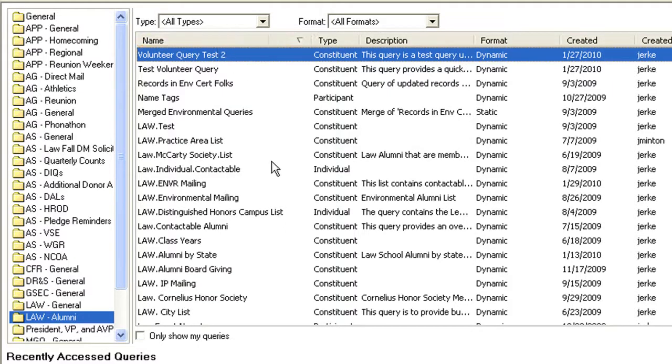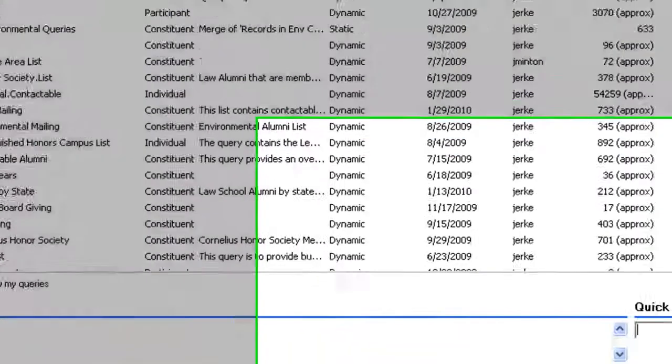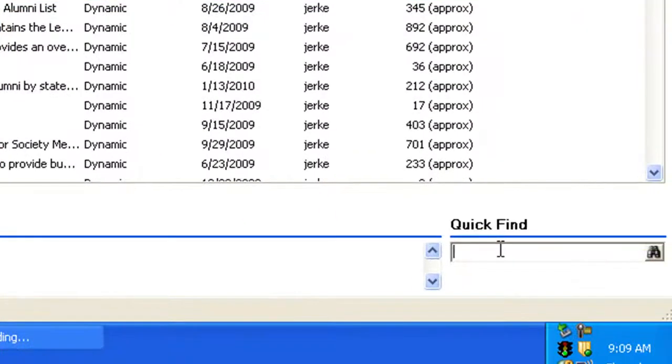But even if you don't know what folder it's in, you can search for the query using this quick find. What I suggest is I start off with an asterisk, which is a wildcard. It says that there is one or many letters, or no letters, before what I'm about to type. And if I know that there's another word in there somewhere, but I'm not exactly sure where, I'll put another asterisk in there, indicating that there's a character or more than one character in between these two words,